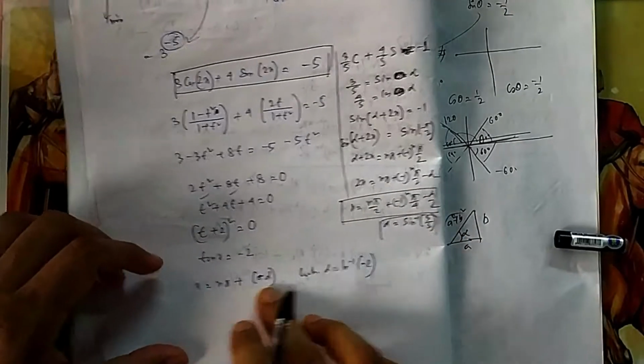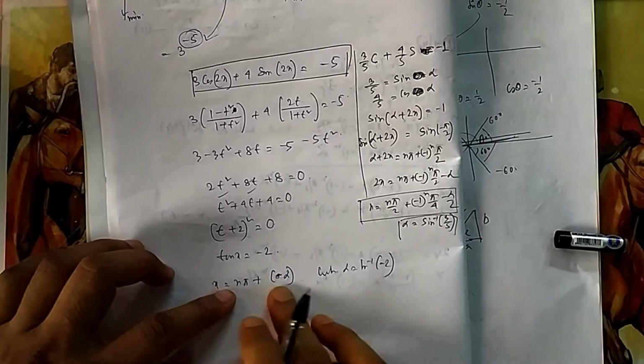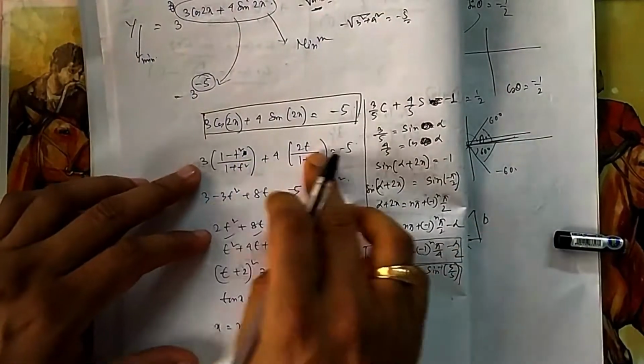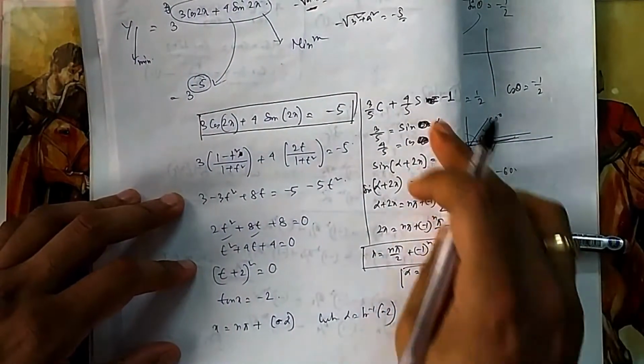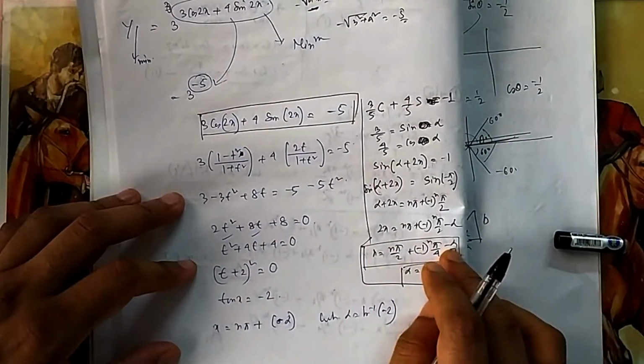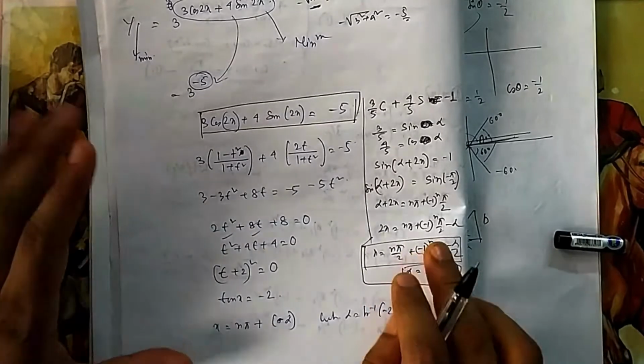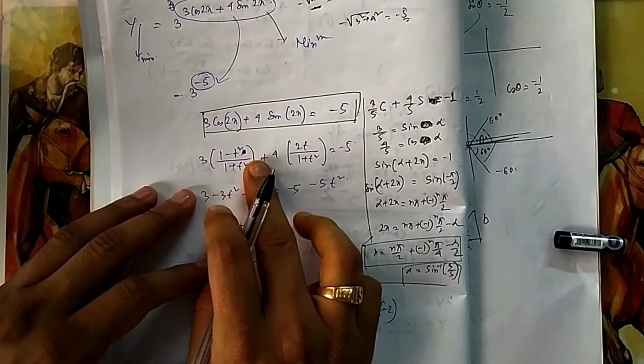Both will be the same, because it is in the tan format, so it looks different. You can try with this format also. Both formats you should know. This is the standard format that I have explained in theory. You can apply this one. You can write this one, and this will be treated as a correct answer. And you can go by tan also.